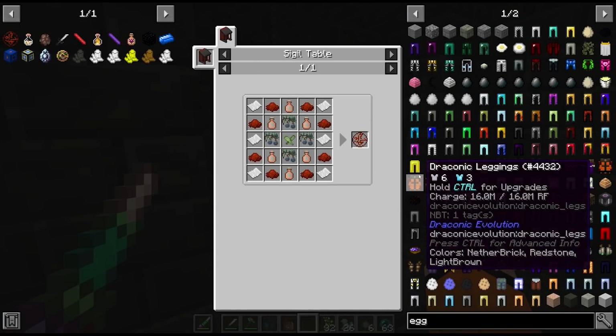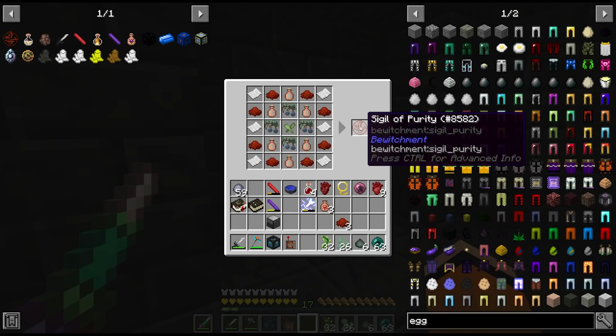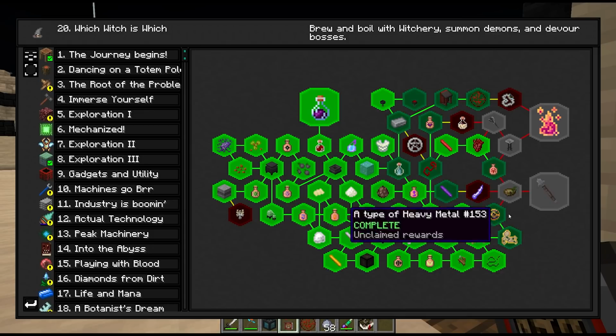Oh, and there's no option to import from JEI either. Okay, old school manual recipe. Let's see if I've got a good memory. Is this correct? It is correct, nice. Sigil of Purity. So to actually use this sigil, I think we have to unlock the rest of the quests